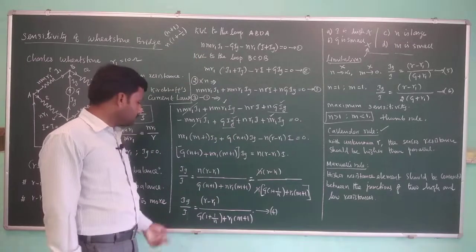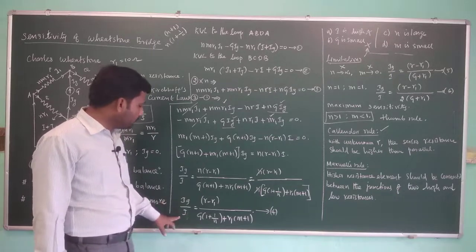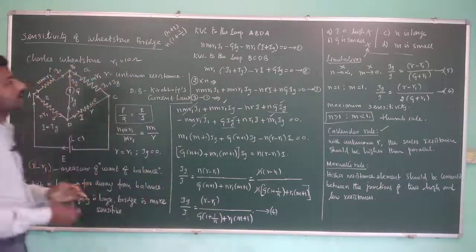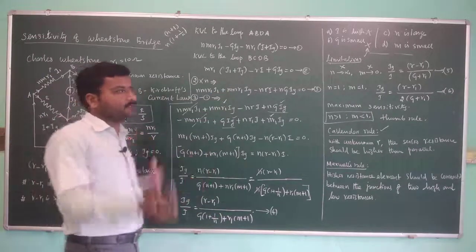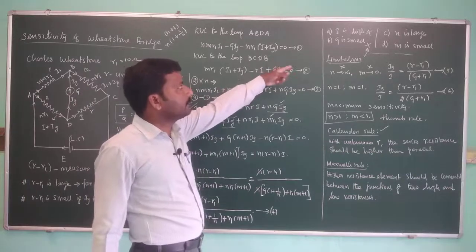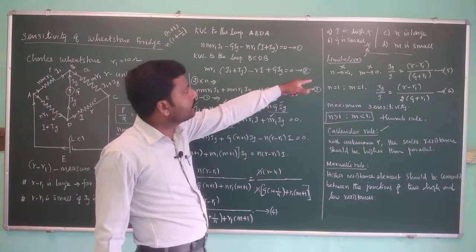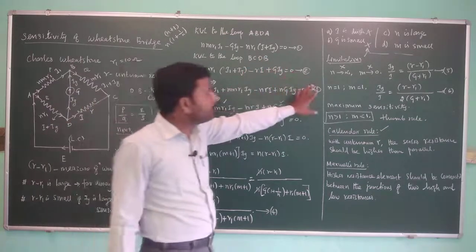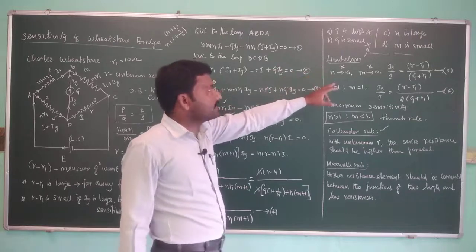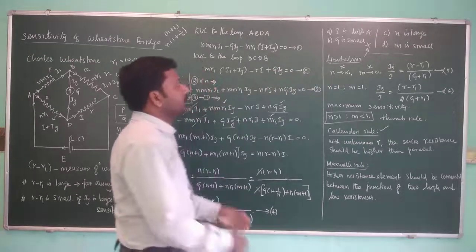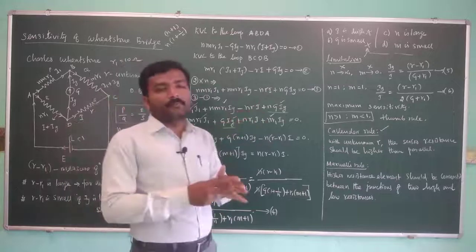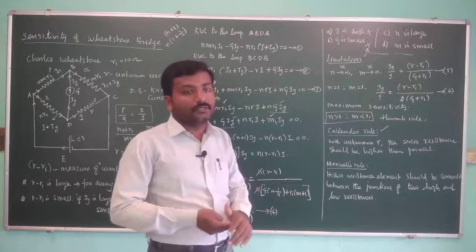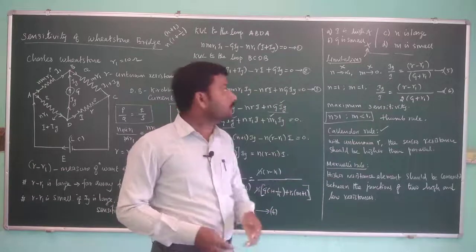some arithmetic calculations. We have ended up with an equation for Ig by I, which gives this relation. And there are 4 conditions under which the Ig can be maximum, which means the sensitivity of the bridge is maximum. That is when I is high, or G is small, or N is large, and M is small. We have certain limitations that I cannot be too high and G cannot be too small, so that we can make N large and M small. Ideally, N could be infinity and M is 0, but that is also not possible to implement in a circuit because of infinite resistance and 0 resistance. One will create an open circuit and another will create a short circuit.